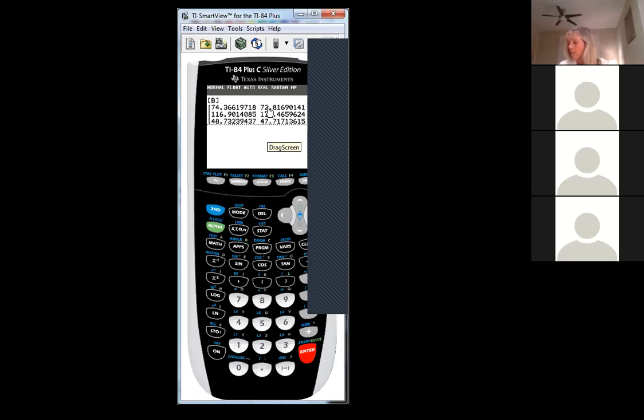Okay, the formula to get these numbers I'm not going over. You won't need it for the test. But I do want you to know you need expected values. This is called the expected matrix. And you need an expected matrix with every entry bigger than 5. Okay, so now I'm going to go back to